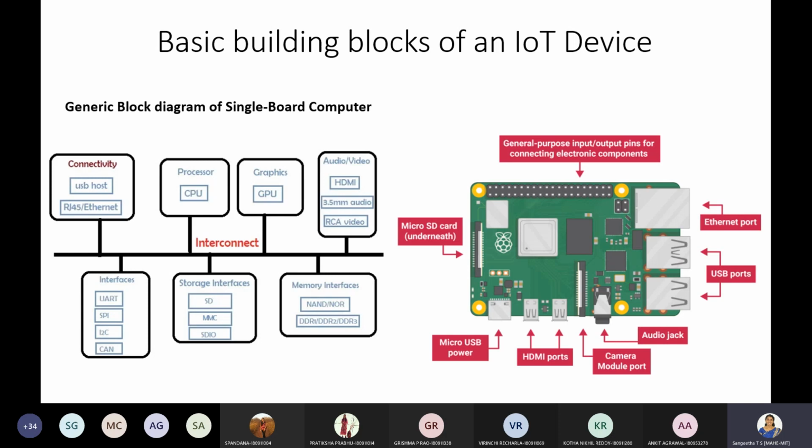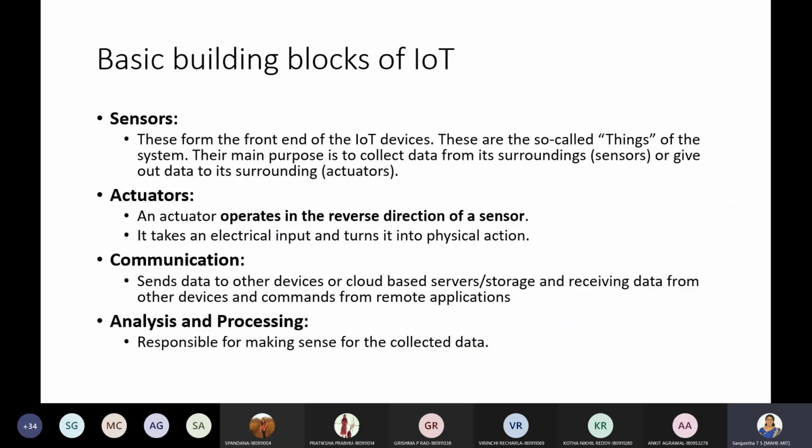capable of getting data from different end devices like sensors or actuators. You can see here, sensors or actuators, and it is able to communicate to the devices, say sending some information to the actuators or receiving information from the sensors.